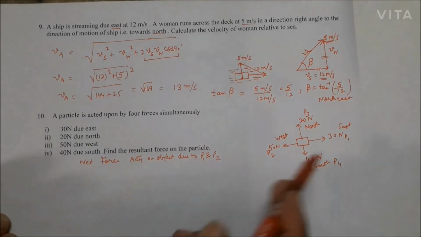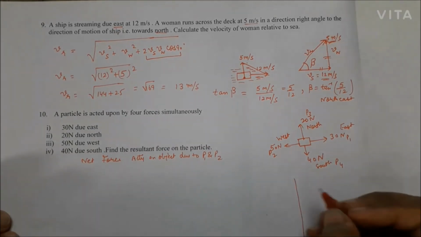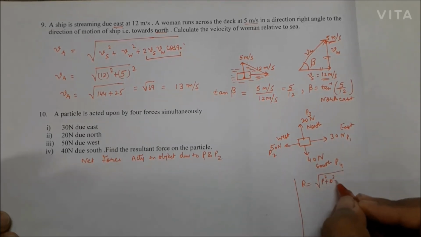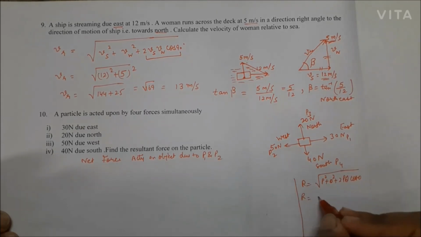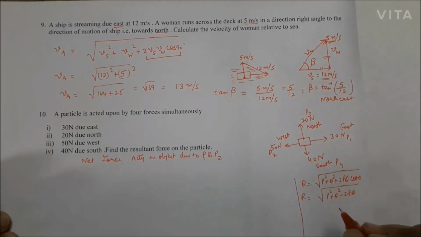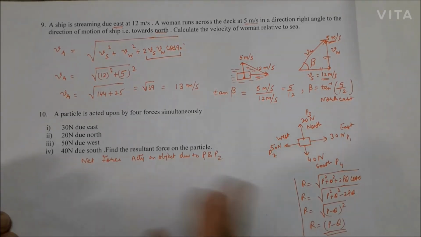ठीक है, तो अब मैं दोनों को सबट्रैक्ट कर रहा हूँ. सबट्रैक्ट कैसे कर रहा हूँ वो भी मैं आपको बता देता हूँ. देखो, whenever I am having a resultant of vectors, R square is P square plus Q square plus 2PQ cos theta, and theta is 180 degree, P square plus Q square minus 2PQ. If theta is 180 degree, cos 180 degree is -1. So resultant comes out to be P minus Q whole square and R comes out to be P minus Q. Okay, that's why I am simply subtracting the two forces which are acting back to back in opposite direction.